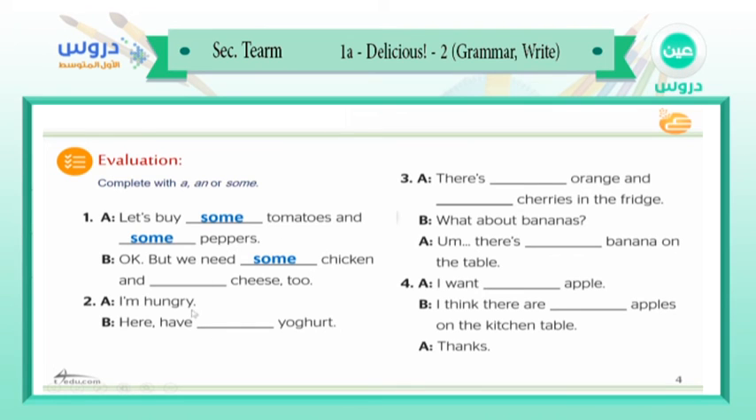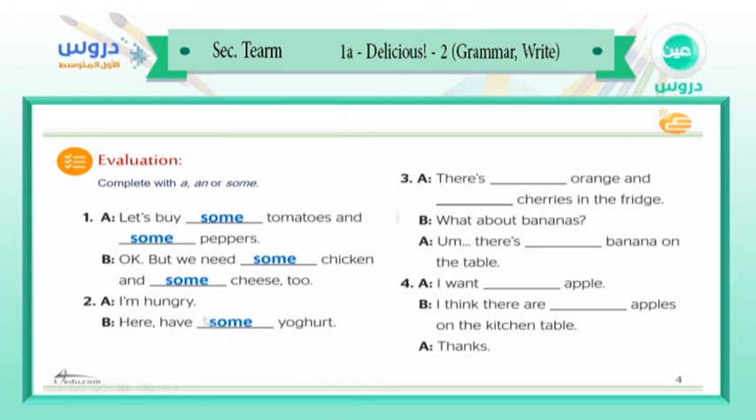Tomatoes, peppers. I'm hungry. So we want to make something to eat. Okay? So the chicken meat is uncountable. But regularly, when we say chicken, only chicken, we mean chicken meat. Next, and cheese too. What do you think? Cheese, uncountable. Exactly. 2a, I'm hungry. B, here, have yogurt. Yogurt, countable or uncountable? Uncountable,